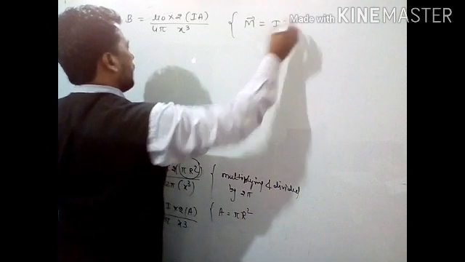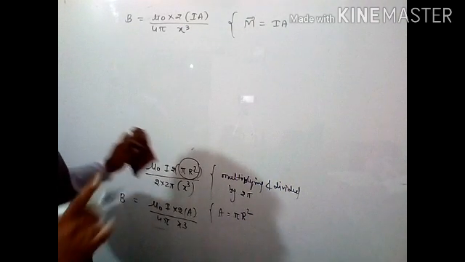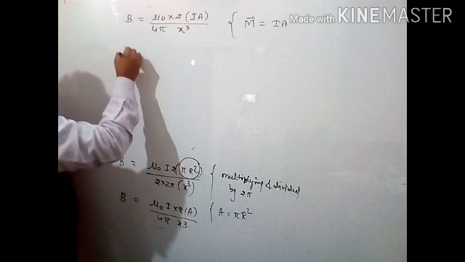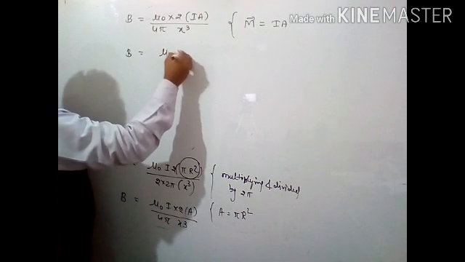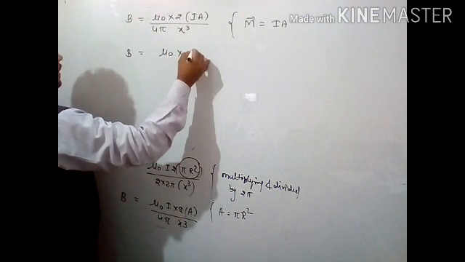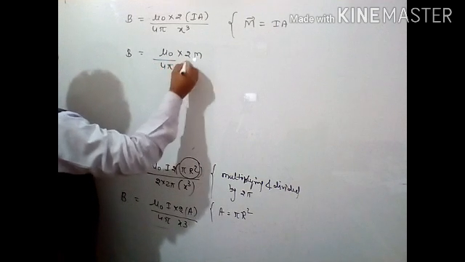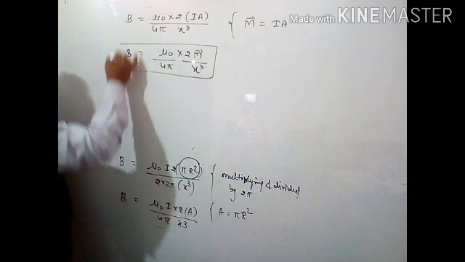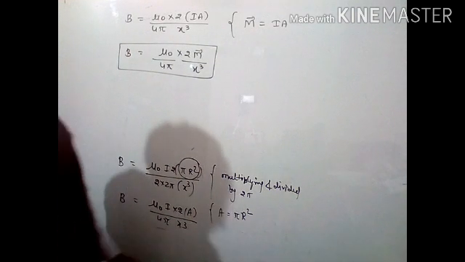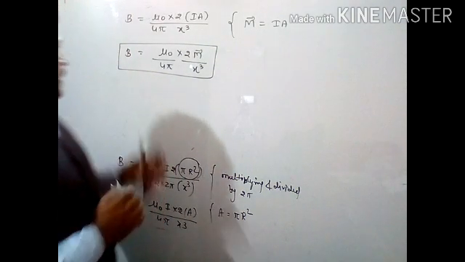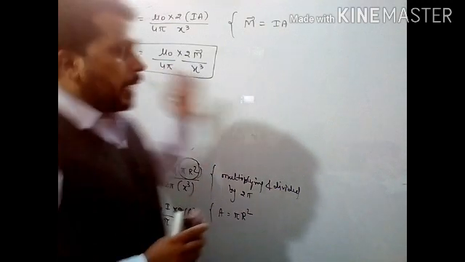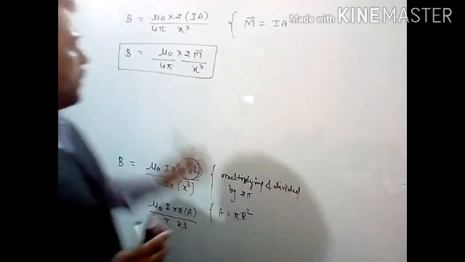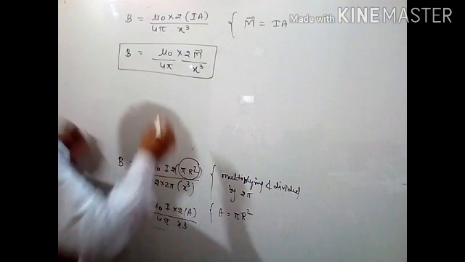and this is the magnetic moment, I into A. Here the number of turns is 1 for a single coil, so B is equal to mu naught by 4 pi into 2m by x cube. Okay, this is the magnetic field on the axis. Okay, so if we compare like this